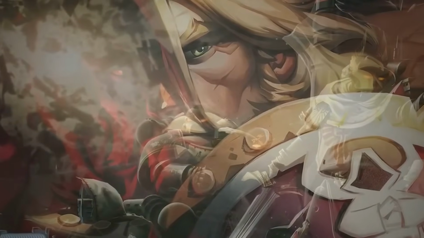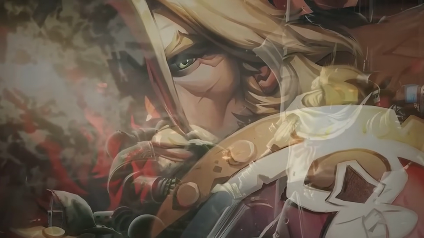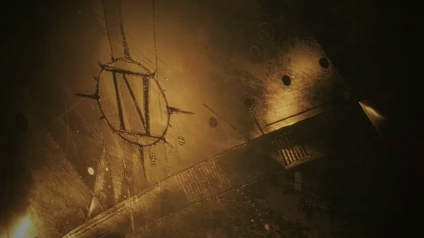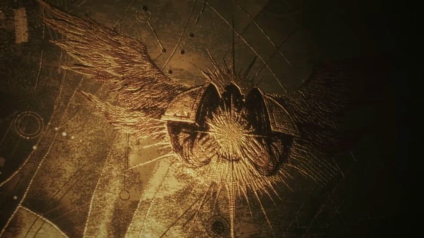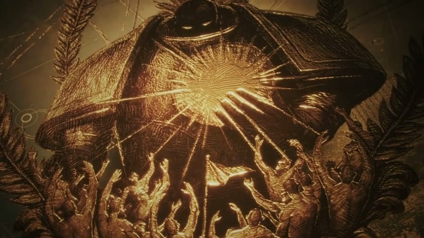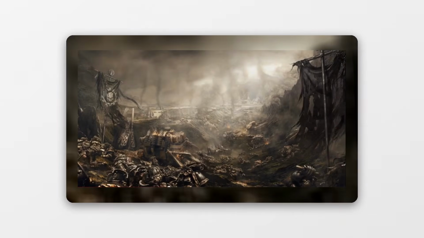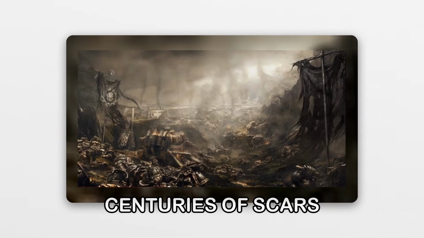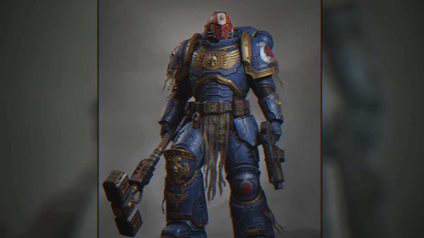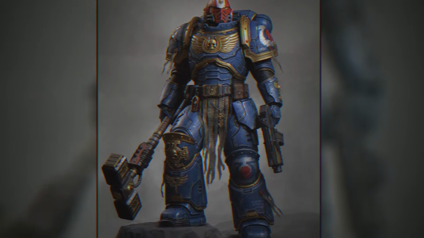The Rangdan Xenocides were a brutal reminder that even with the might of the Primarchs and their legions, the galaxy remained a perilous place, teeming with dangers that could challenge even the Emperor's grand design. The scars of these wars would linger for centuries, a testament to the ferocity of the Rangda and the immense cost of their defeat. Amidst these galactic struggles, a subtle but significant internal conflict began to brew.